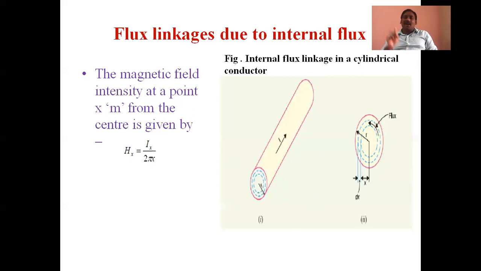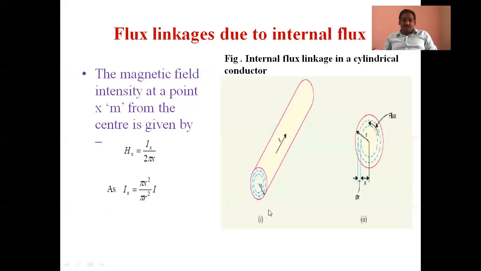Differential length is nothing but dL, the differential current element. Anyway, that I dL can be expressed as a differential element. What does that mean? For example, if we consider an L meter length, we have to consider the differential portion, one-third of the length, that means 1/3 into L here. In the same manner here also, we have to justify the currents in an x meter length of a radius